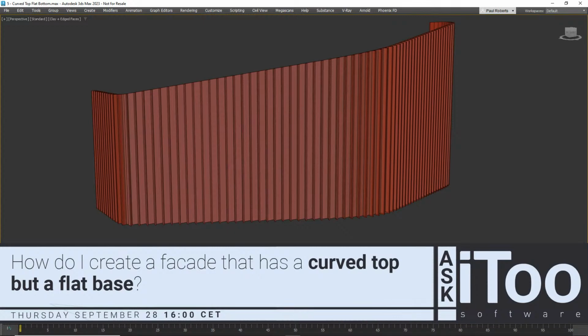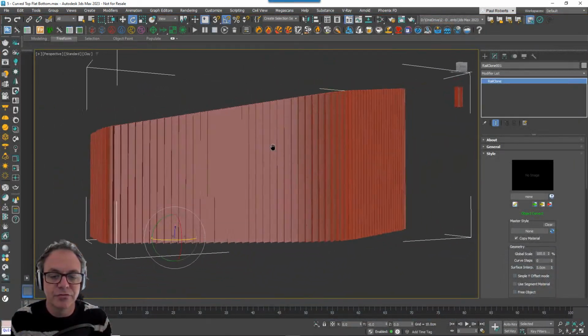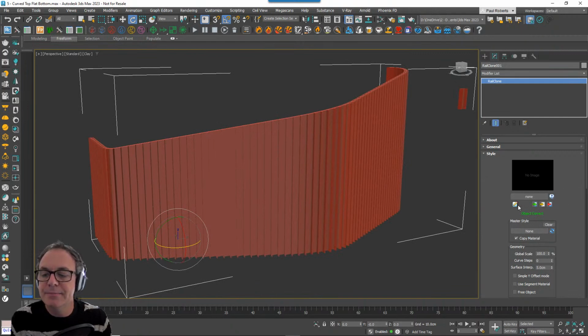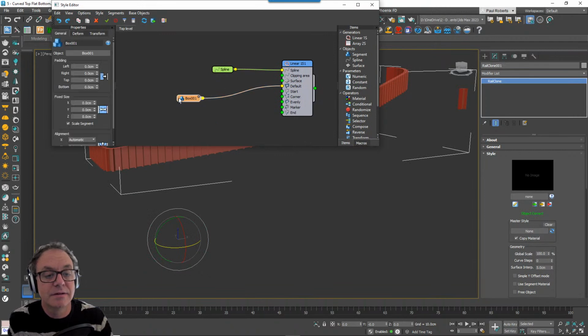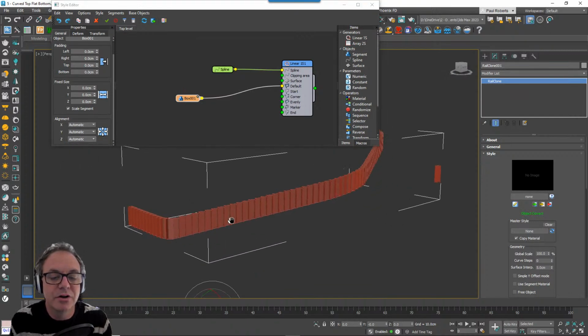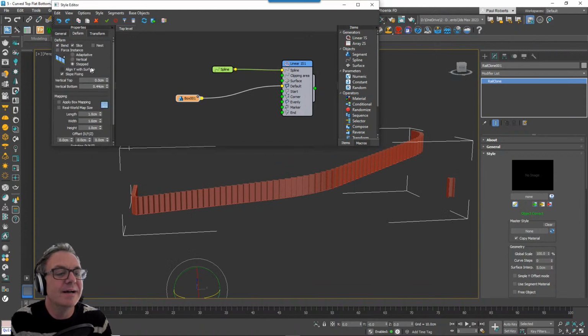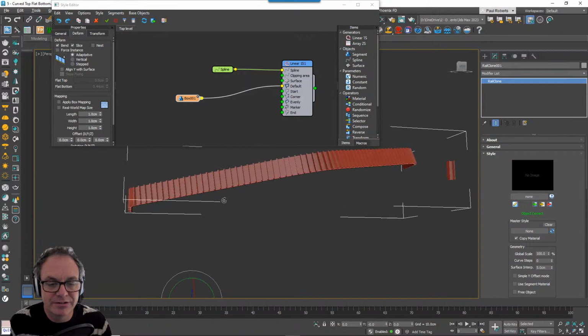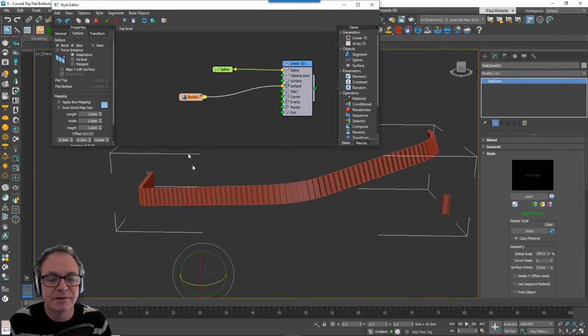Okay, so switching to desktop. So this is the picture we were just looking at, and this is the kind of finished article. So let me just delete this so you can see what I did. Okay. So you can see, not a complicated one for once. Nice and easy. So what we've got here is a piece of geometry just arrayed along this spline. Just one piece, very simple, very straightforward.